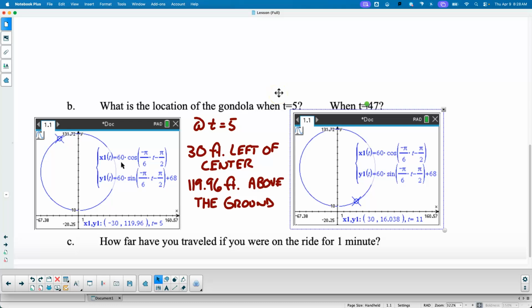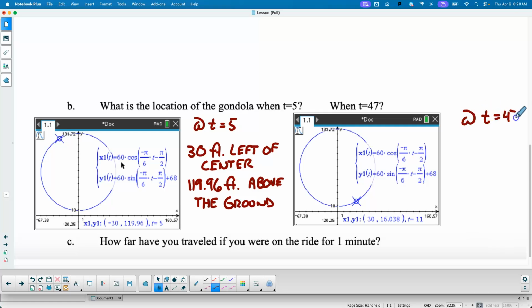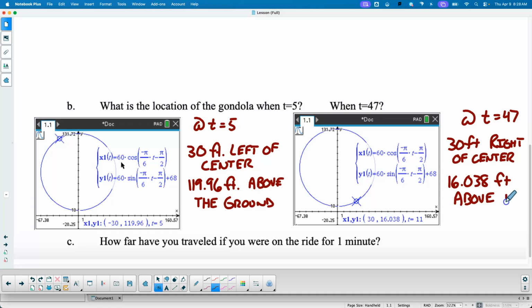So then at t equals 47, we are 30 feet right of center and 16.038 feet above the